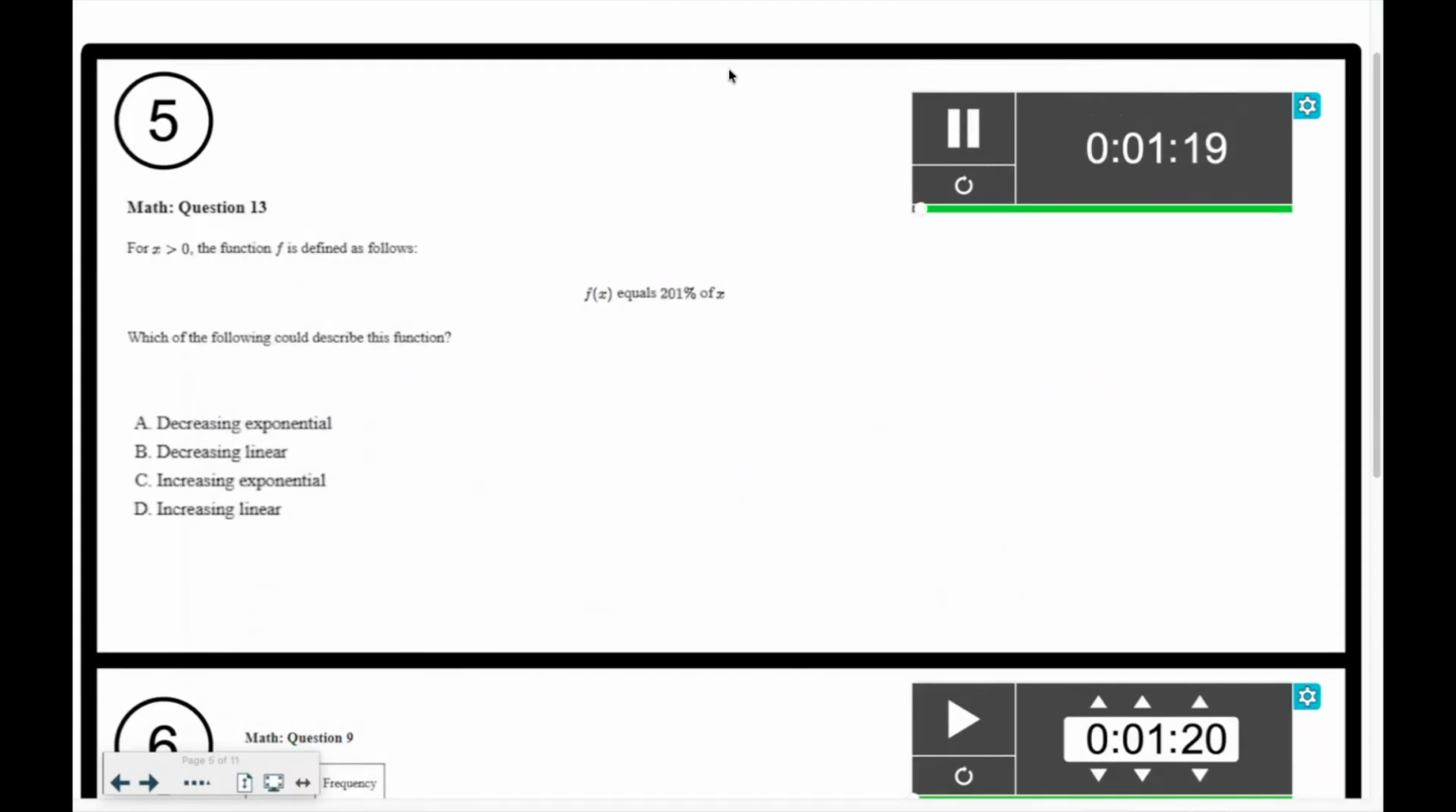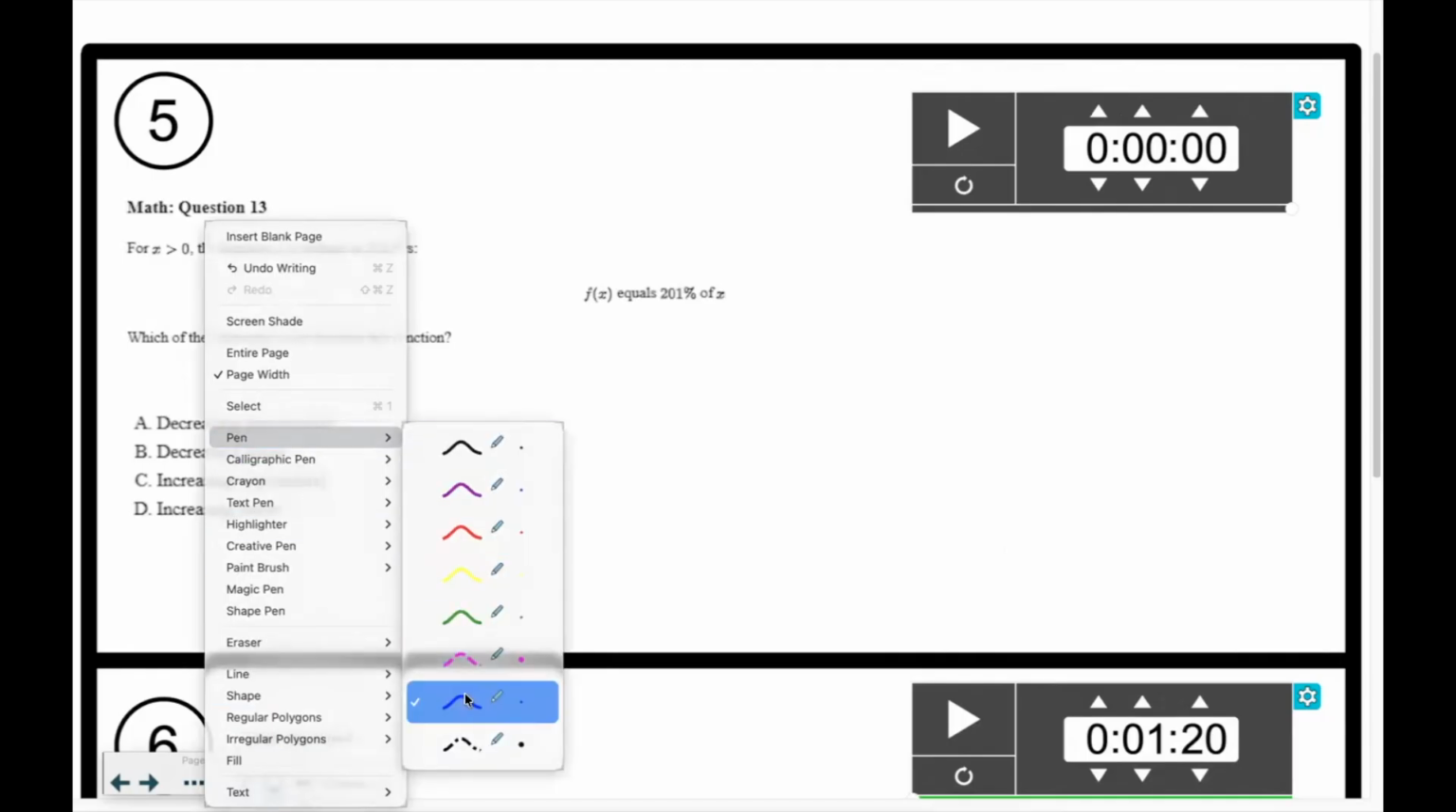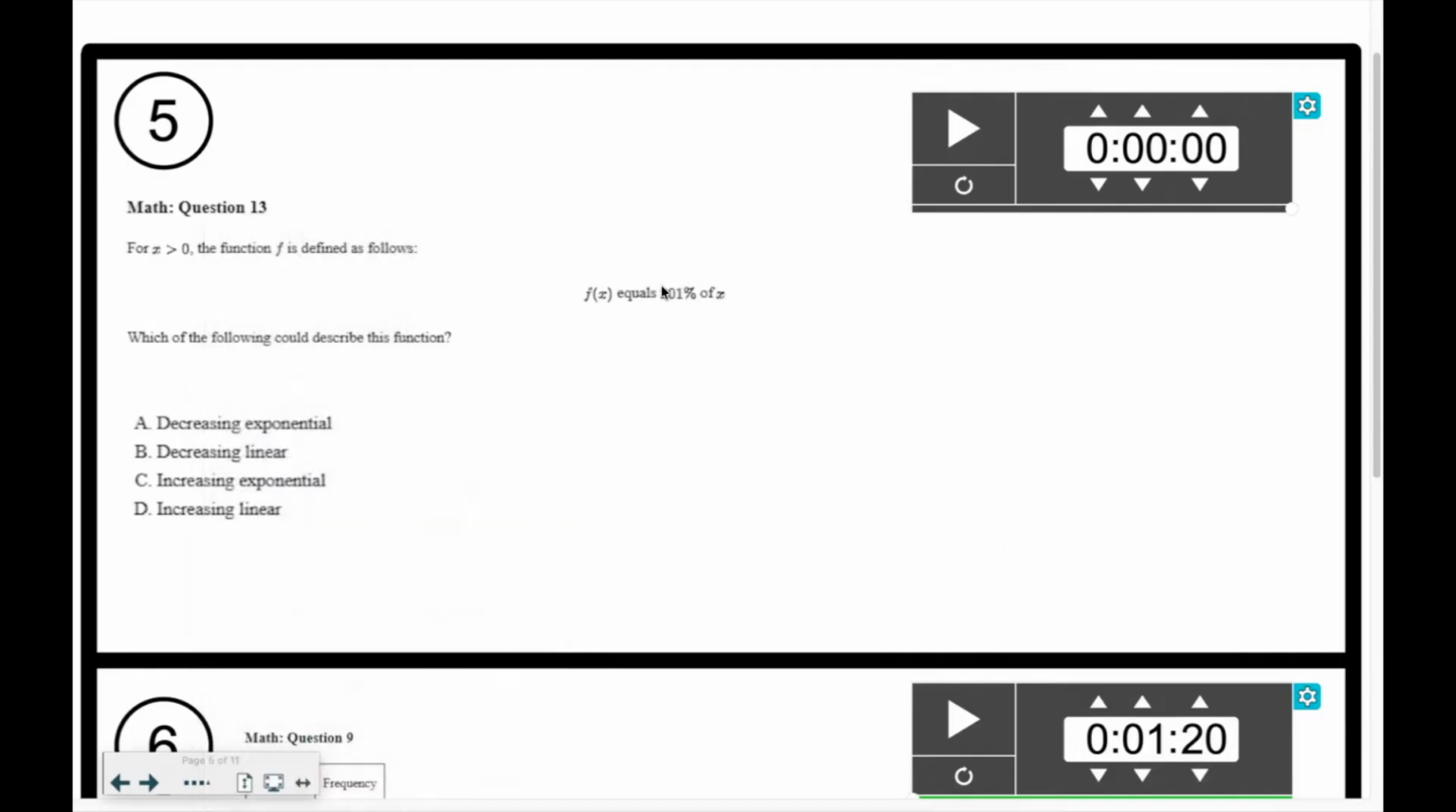I think a lot of these were from some Bluebook tests. So let's take a look at number 5. This one does not have a lot of work to do, but it has a very common mistake. A lot of students think because we see a percentage that it has to be exponential, but that is not the case here. So if we make the equation, f of x equals